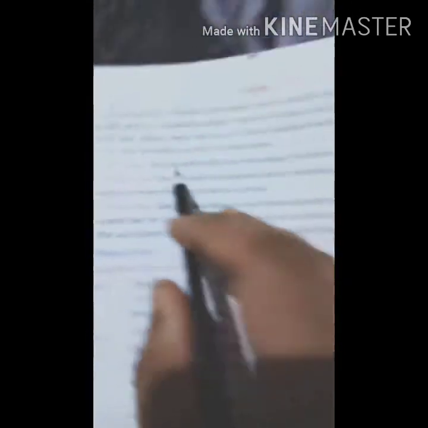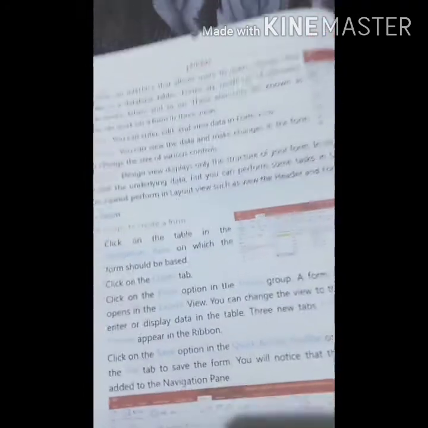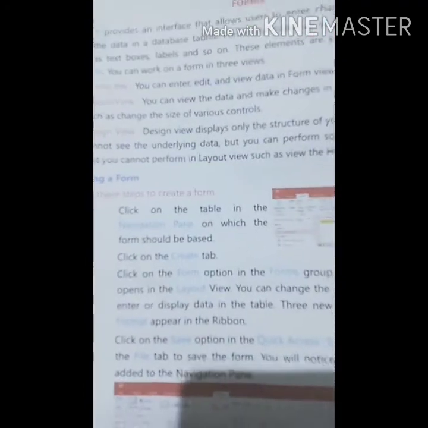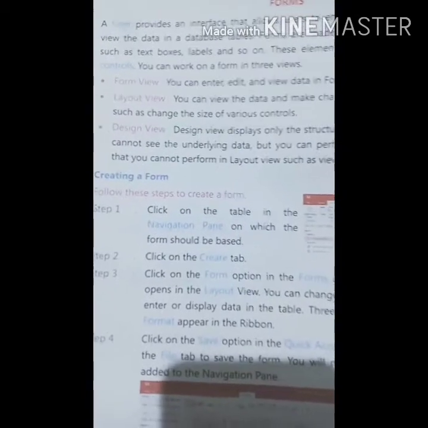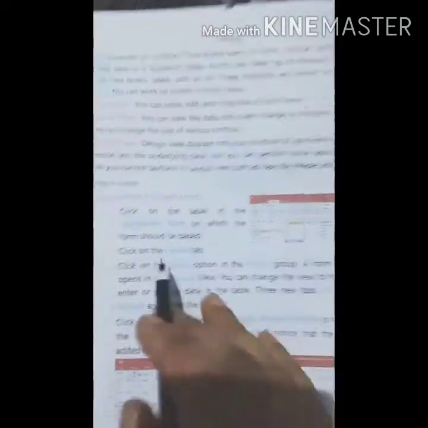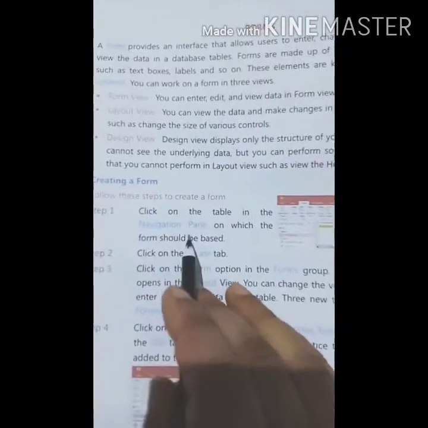So first, creating a form. First of all, click on the table in the navigation pane.